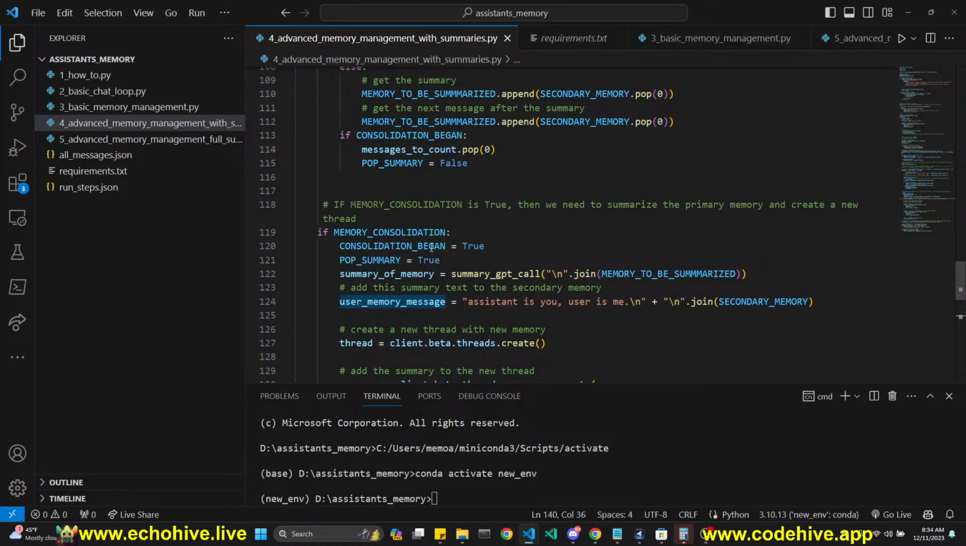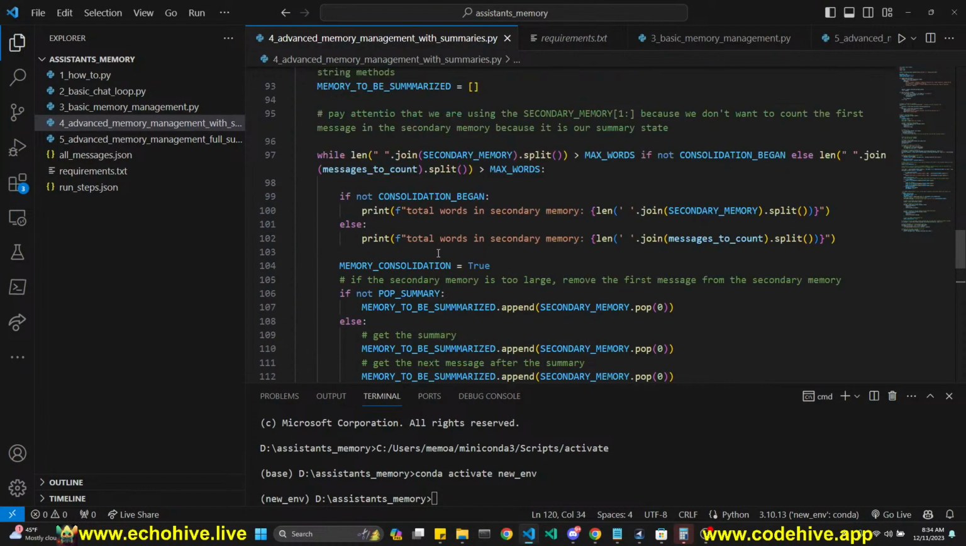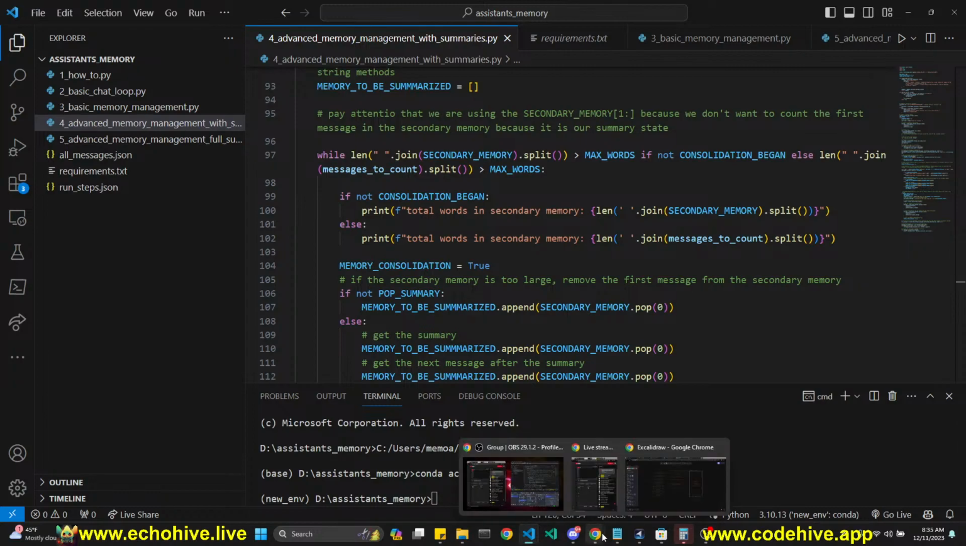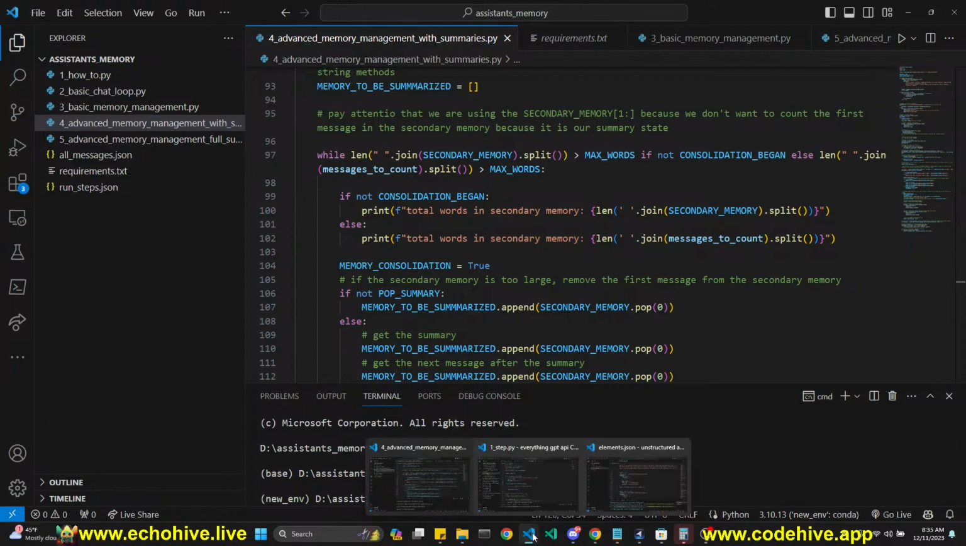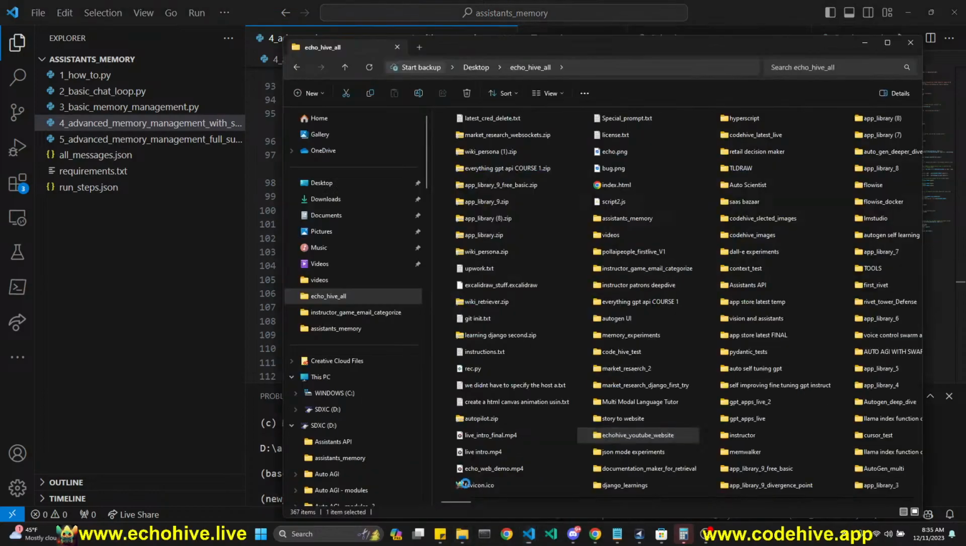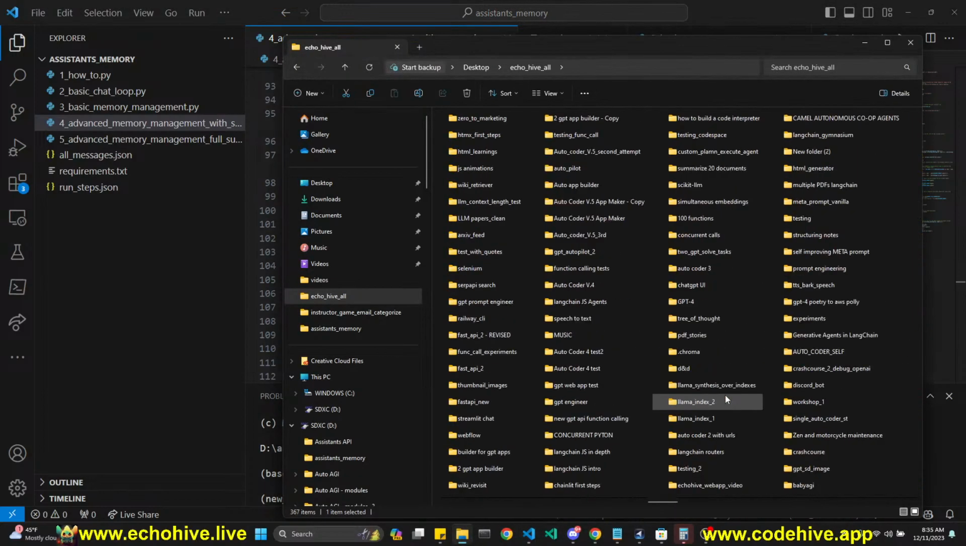So I thought we'll talk about the Assistance API memory management first, because I thought it was complex enough. It's worth another look. And then secondly, we'll take a look at Unstructured